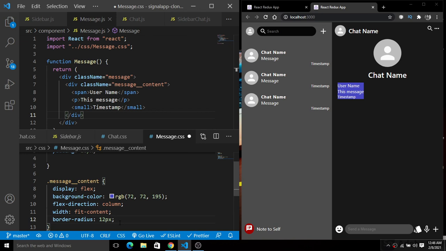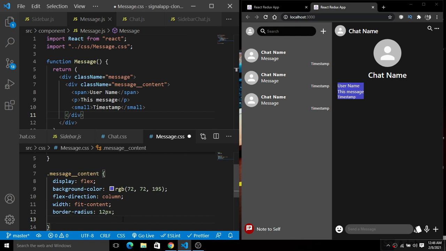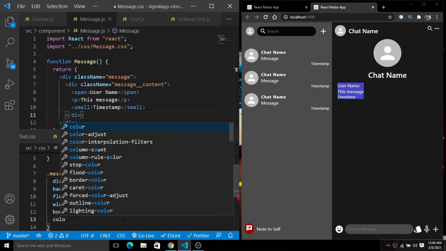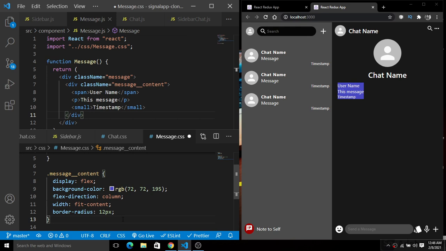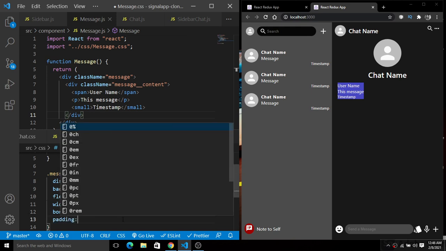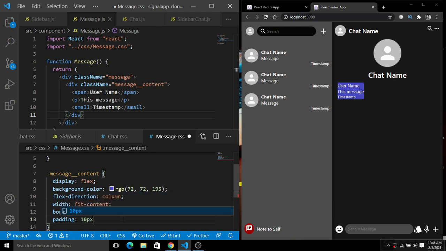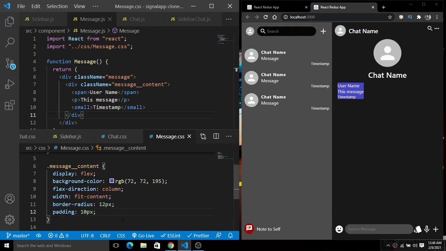Now for this message content, we will simply give a color of light gray. Now we will simply give a padding of 10 pixel from everywhere. We have already given the border radius here.